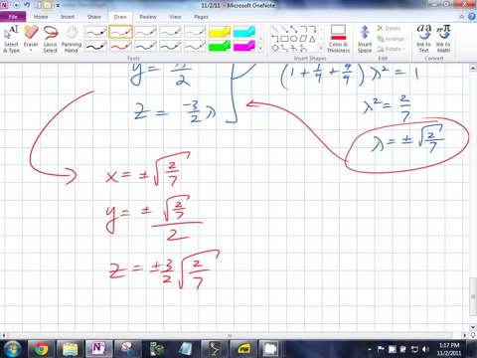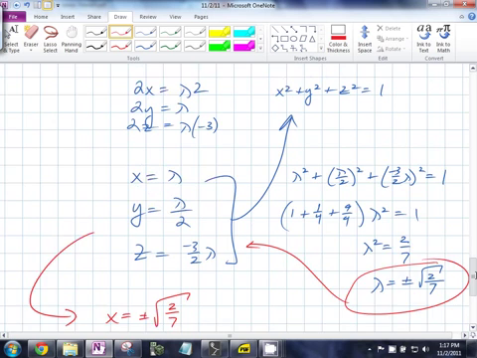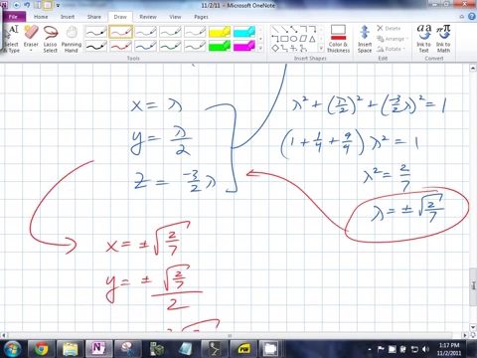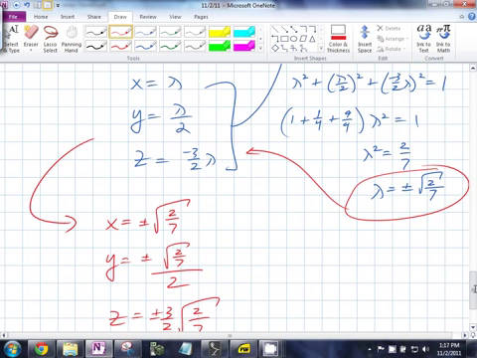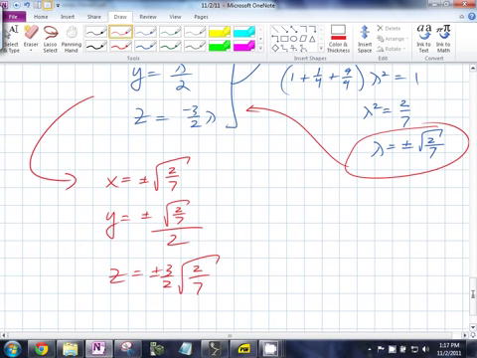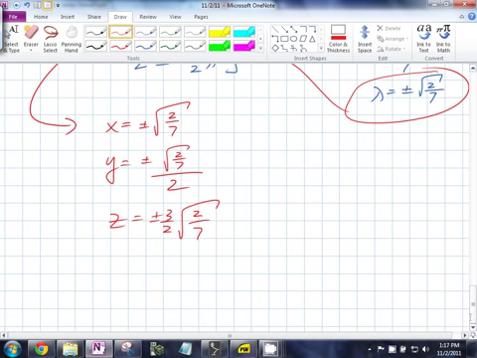What do we know here? If x is negative, y is negative, right? So x and y have one sign and z has another. So how many possible answers are there? There's only 2 here, right? There's only 2. So if we simplify this a little bit, and I'll pause because you don't really care about